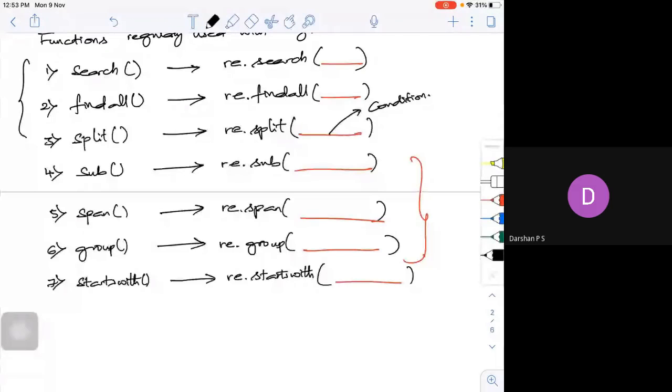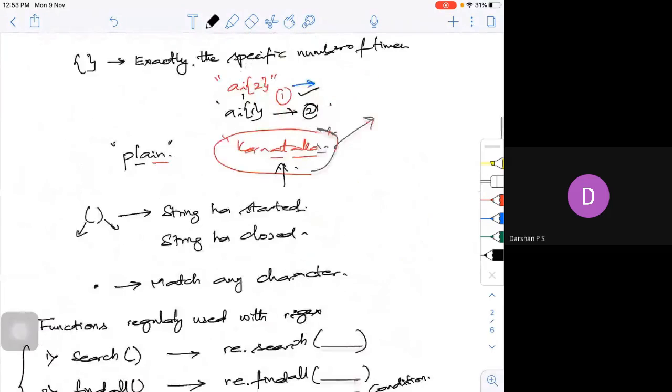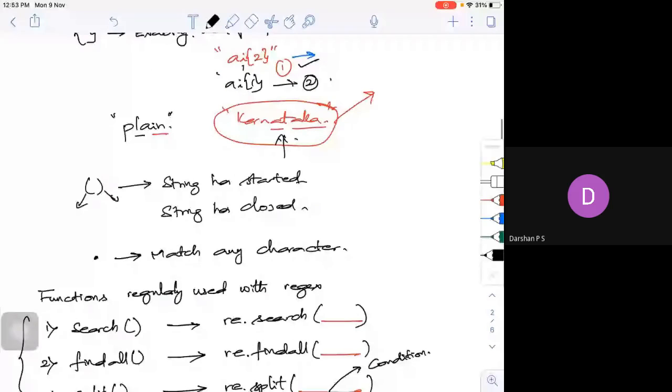The dot means it's going to search for any character. The moment I put star, it means how many number of times, either one time or two times. The moment I put plus, it means one time or more number of times. We'll come up with some examples that will clearly show what exactly we are trying to search. When I take up the example, I'll take a text file, and from the text file we'll try to search for what we are trying to, all the operations I discussed now, we'll try to